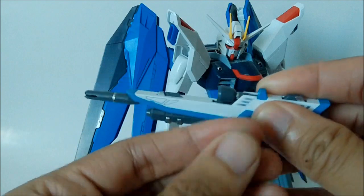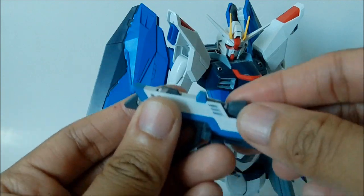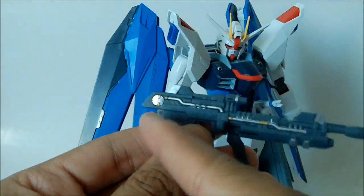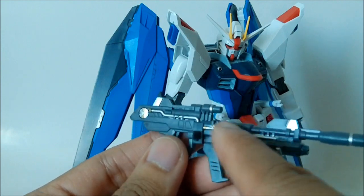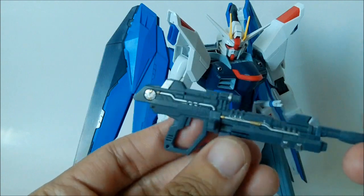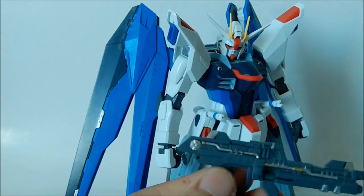You have a swiveling secondary handle, and it has a neat little feature where you can remove the scope piece, bring this off, and then you get some molded piping and some mechanical detail there. So that's cool. All in all, it's basically a normal Strike Gundam rifle with